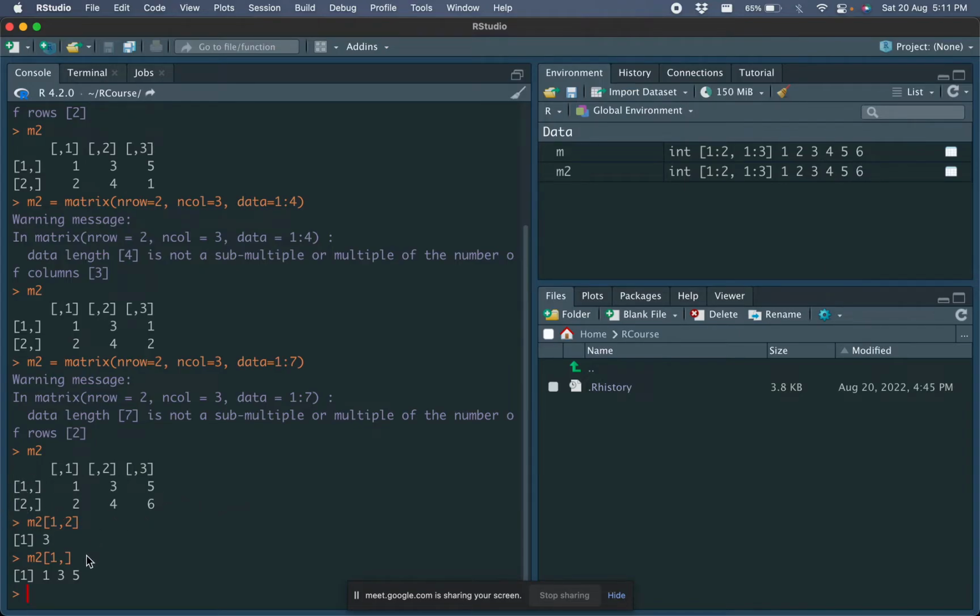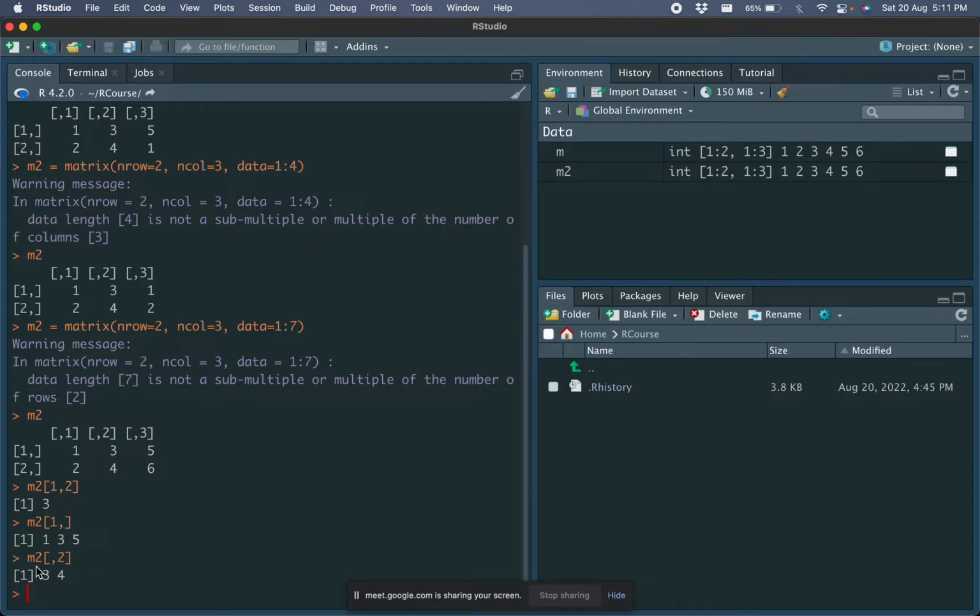So if you just want to access the entire row, you put the row number, comma, and then nothing next to the comma. Similarly, if you want to access, let's say, the second column, now this will give you the elements of the second column. But again, one thing we should be careful about, the way the output is being printed here, when we are calling for a specific row or a specific column, it is still printing horizontally. So if you just write 3 and 4 here, it's hard to know whether that belongs to a row or column,